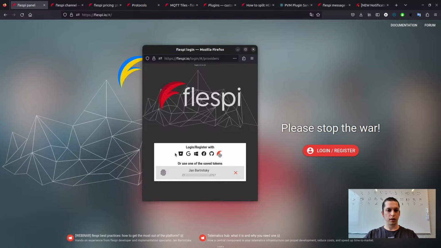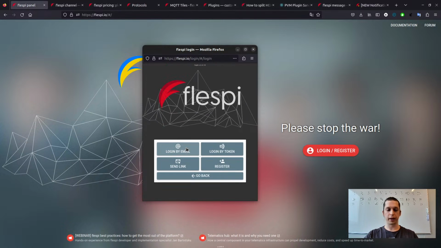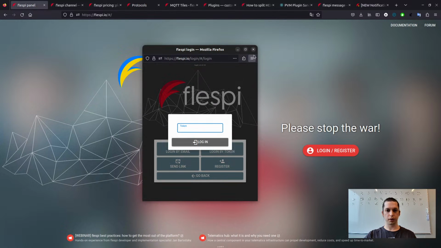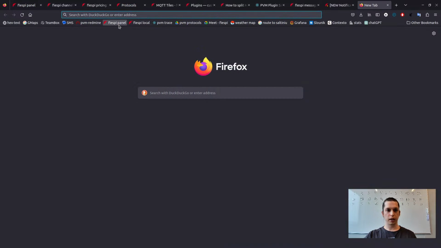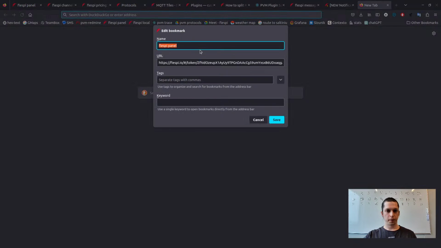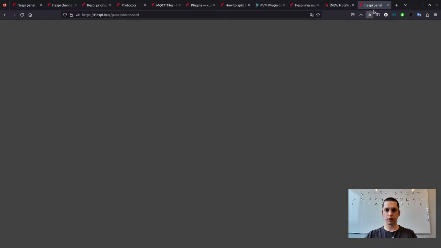But we'll explore the path of how our users go into the Flespy panel. First, you can log in via some of your social networks, or with the token with one click, or with email. But I have to mention that the most underrated tool to login is login by token. So here you may click and insert your token. A token is a 64 character string. And for example, how do I log in? I just have a bookmark in the view like flespy.io/#/token/token value. So in one click, I can log into the panel.